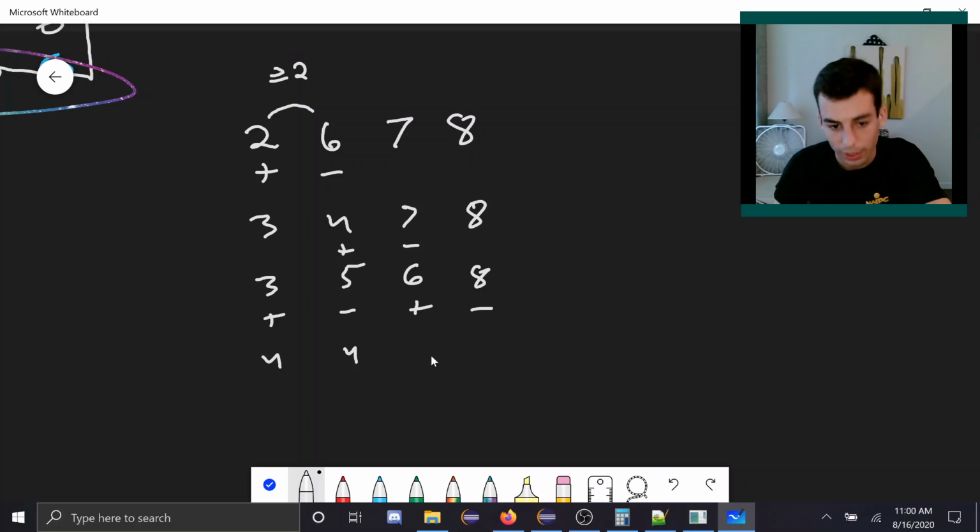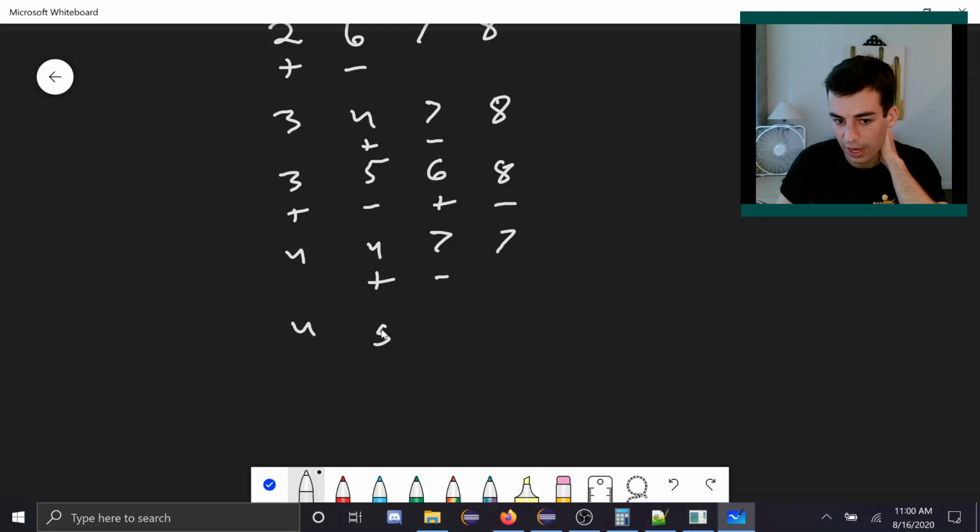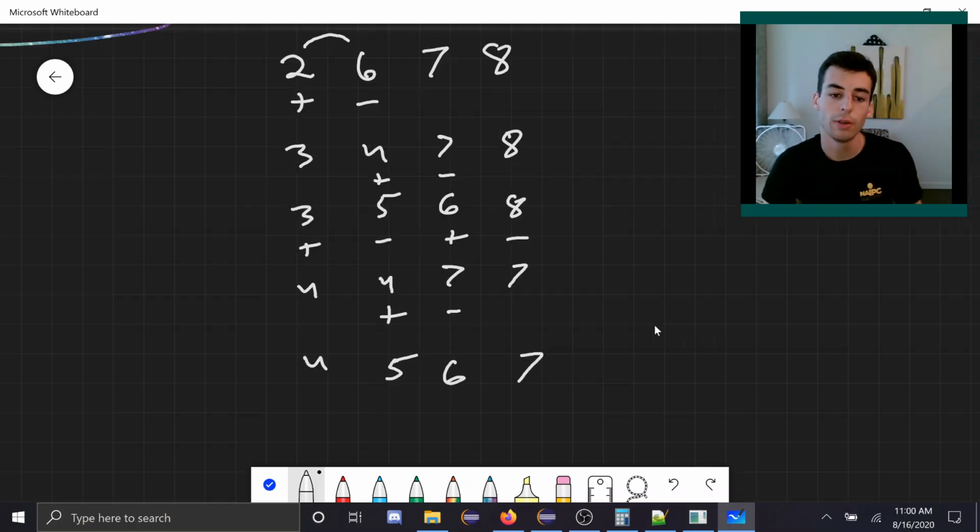Wait, is this right? I guess so. 4, 4, 7, 7. Yeah, I think this winds up working, maybe. It's possible I made a mistake, but it's not too important. Then after this, we have a big difference here, so we add 1 here, subtract 1 here. So now it's 4, 5, 6, 7. So I did make a mistake somewhere,